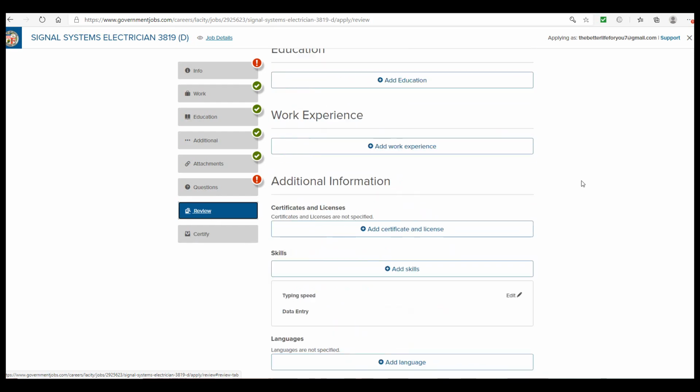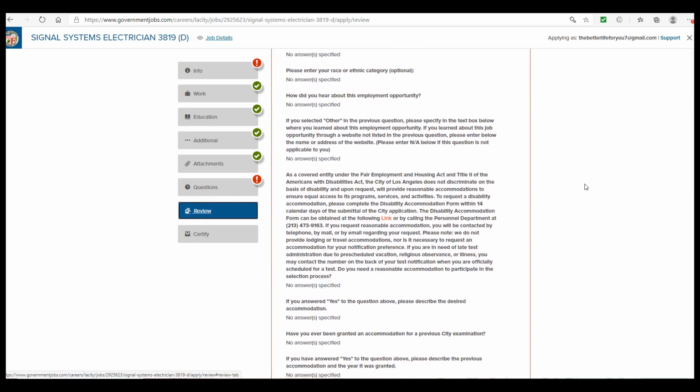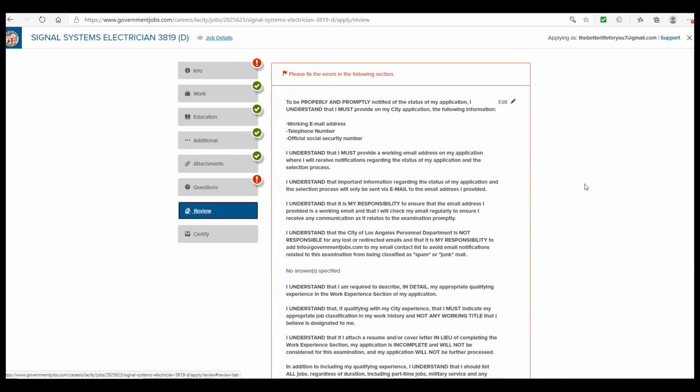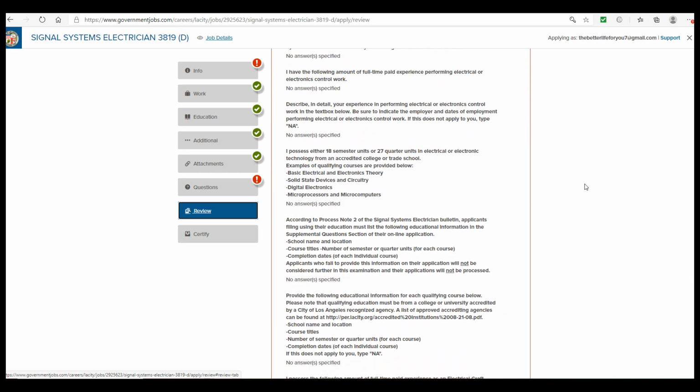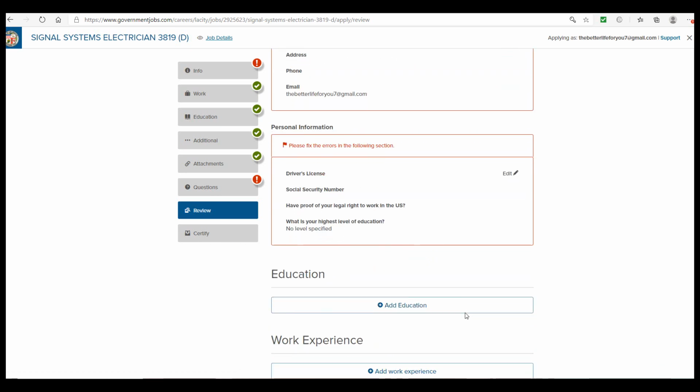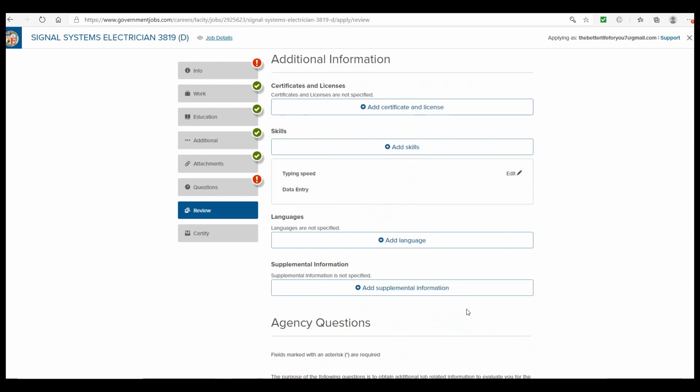We review everything, because this is just a practice account for me, so I can show you what to do here. We're reviewing everything. We didn't really answer any questions. Then it's going to ask you to certify. Proceed to certify, and then once you certify everything,